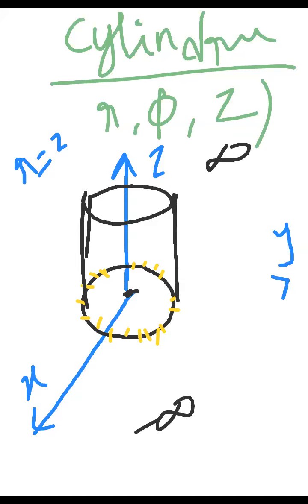So in a cylindrical coordinate system, if one parameter is fixed and there is flexibility in the remaining parameters, say phi, z, then it will give you the cylinder. Please remember, they are fixing r is equal to 2. They are fixing the radius, and you have flexibility in phi and z. In the exam they will ask, in a cylindrical coordinate system, r is equal to 2 means what? r is equal to 2 will give you the cylinder.